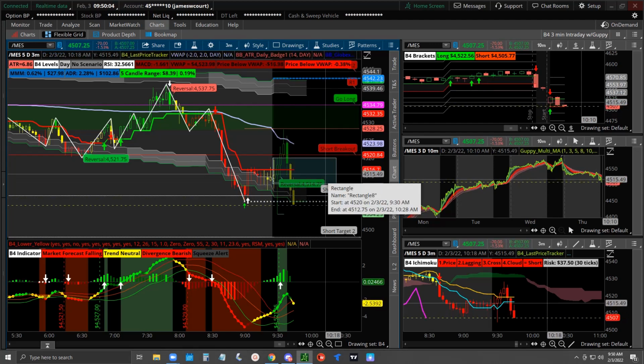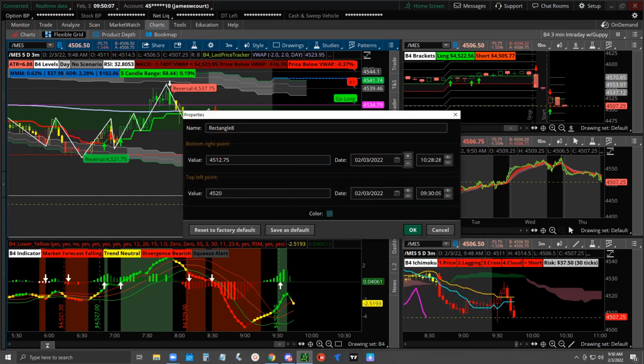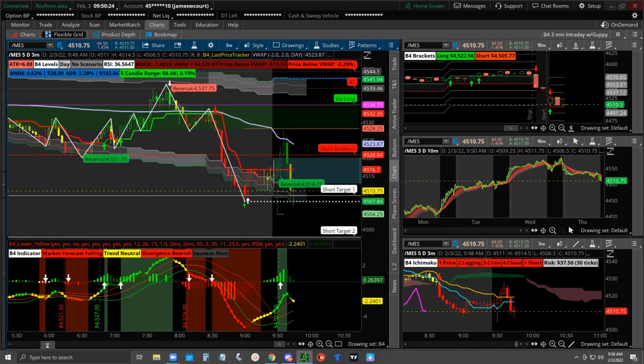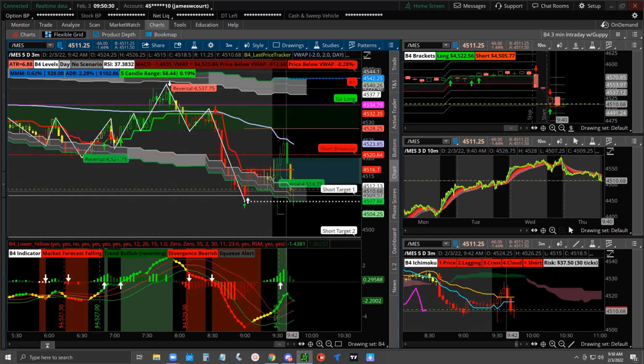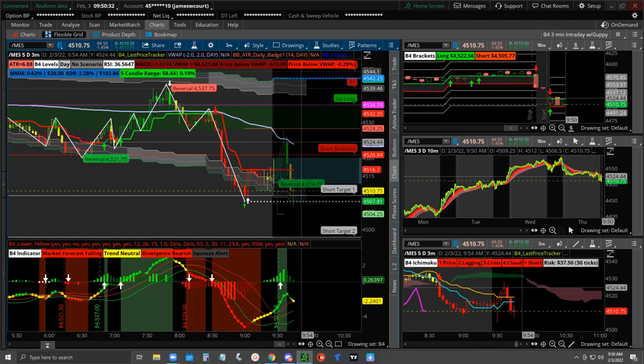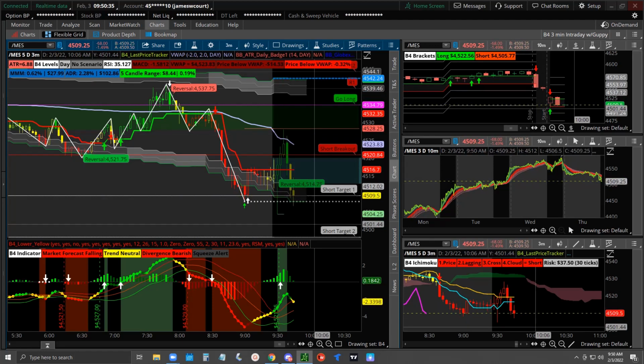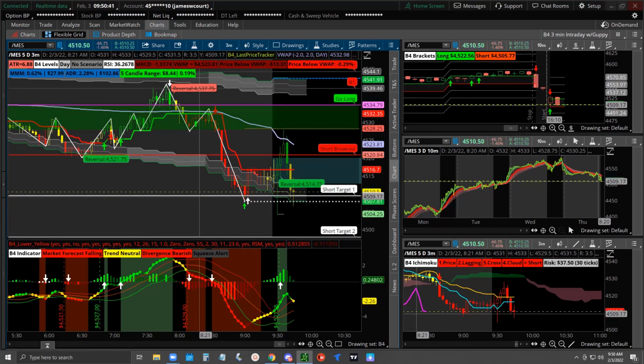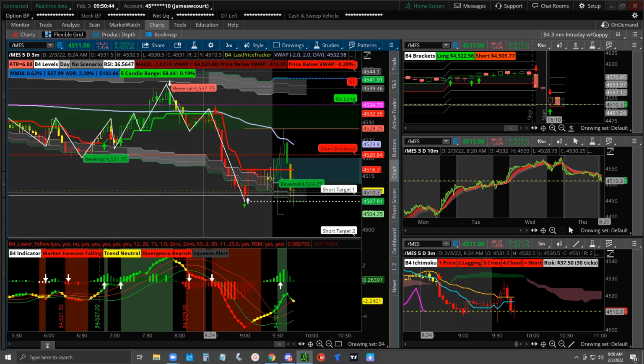I don't have a supply zone here. Maybe here, there is an order block. I would take this whole base. I would consider this a supply zone, I guess. Yeah. We already tagged it, so I'm not sure about the front run part of your question. I'm sorry, I don't understand. Front run is, I use it for profit taking.